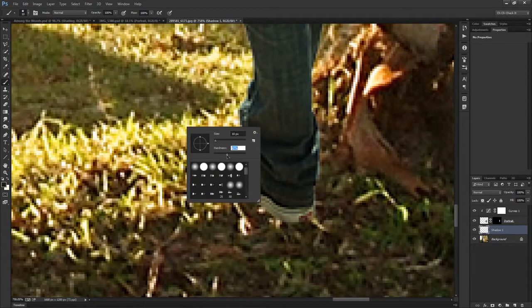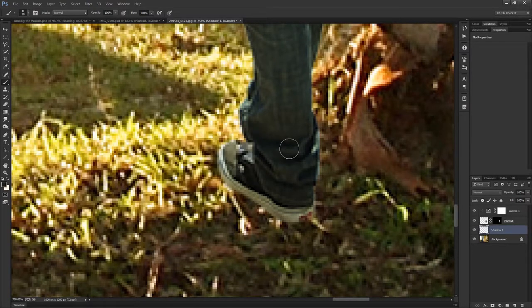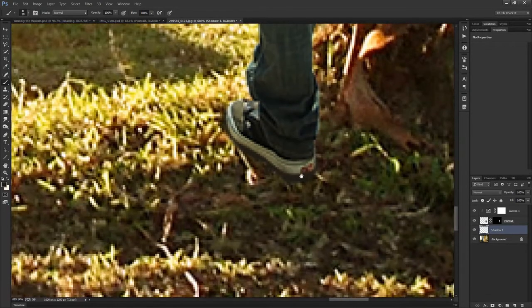So let's right click, let's put the softness down, so that it's between completely soft and a little bit more hard. And let's add a little bit of a shadow beneath the foot here. All right. Obviously, right off the bat, there's nothing great about this at all. It looks like trash. So something that I like to do is set the blend mode from normal to multiply,